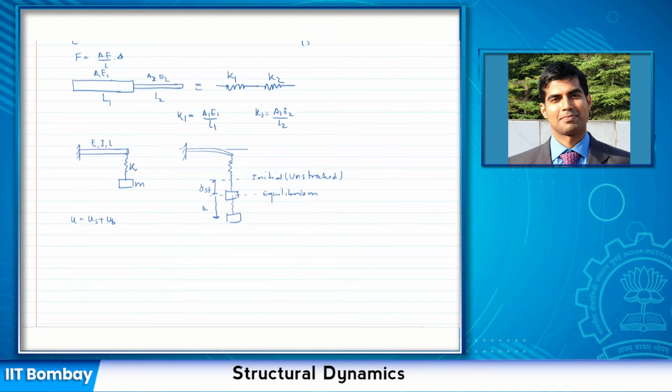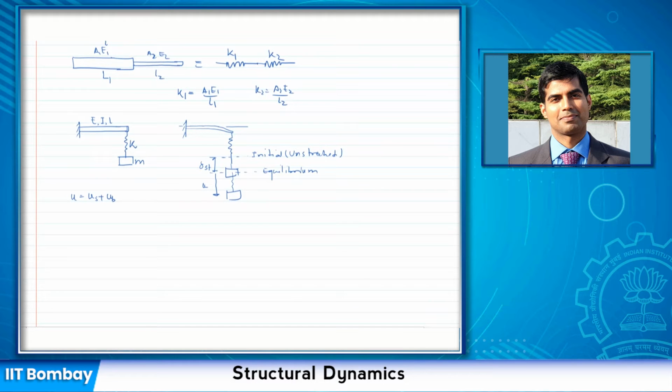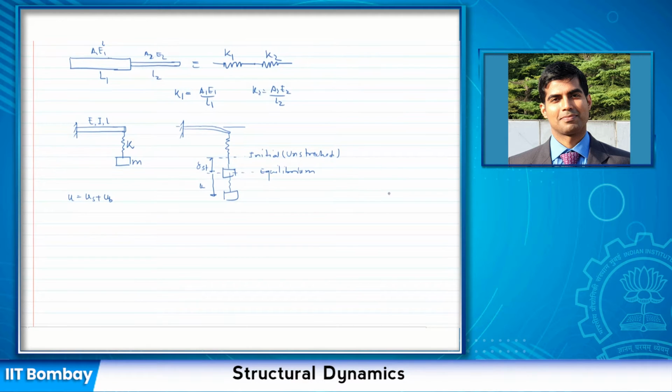So what I need to do here is consider the free body diagram. How would it look like? If I have this mass here, there would be a force, which is the spring force applied on the mass, Fs. Because it is moving down, again I will have an inertial force, opposite to the direction of motion, m u double dot, as per D'Alembert's principle. And then, of course, there is a force Pt acting here. So let me just apply the force Pt. I don't think there is any other force.